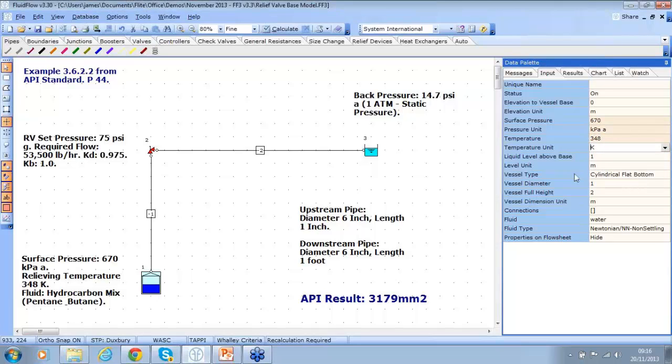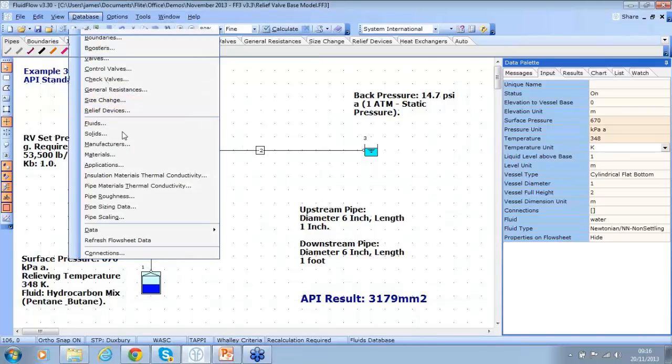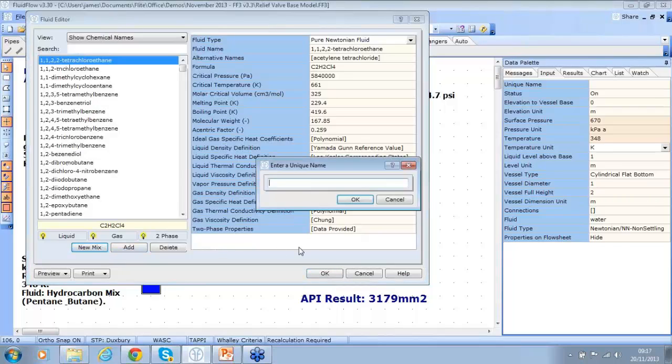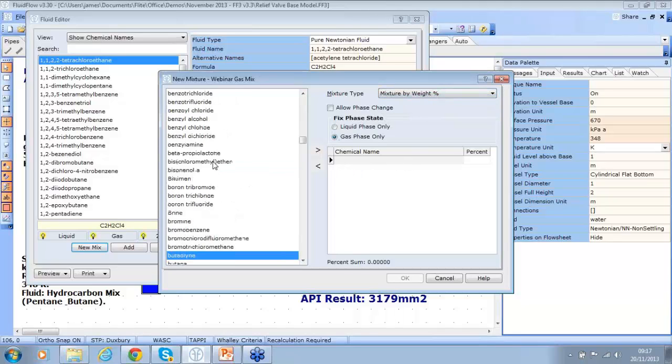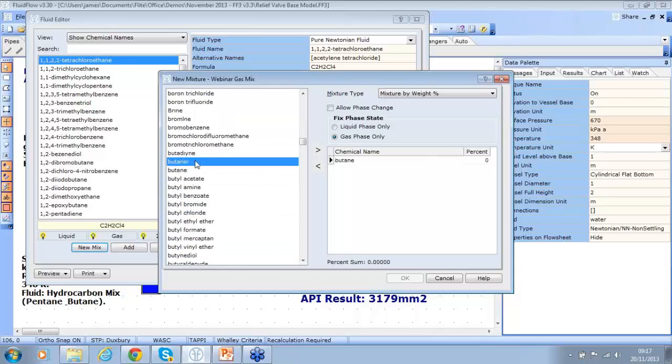And obviously we've got to create a new mixture, in this case a new hydrocarbon mix, and we can do that quite quickly. So we'll just select database, fluids, new mix, and let's call it Webinar gas mix. We're going to fix it to gas phase. I'm just going to proceed with a mixture by weight percent. You can choose by mole percent if you wish. But for speed, I'm just going to create a 50-50 ratio mix